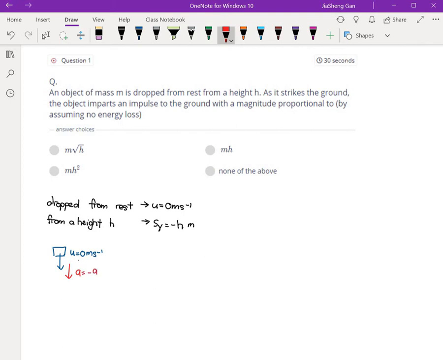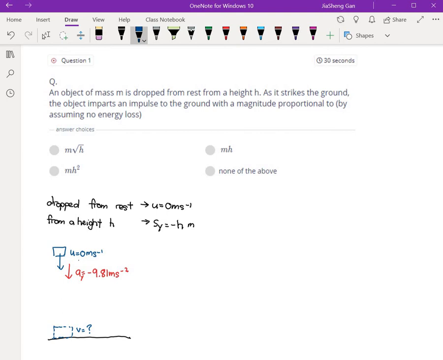That's why the acceleration ay is negative 9.81 meters per second squared. When it approaches the ground, it will have a final velocity, which we are not sure of, right before it hits the